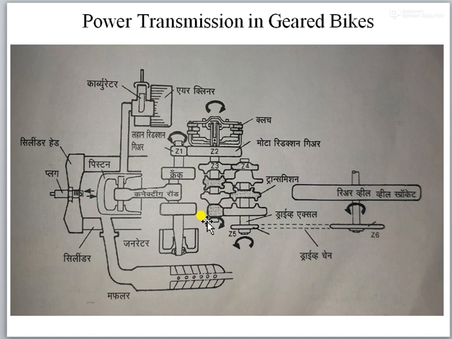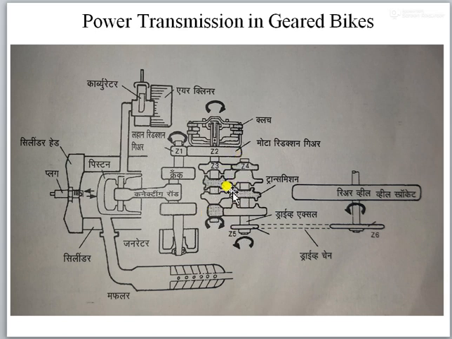Now pay attention to the parts, what we are calling each part. So this is your piston, connecting rod, gudgeon pin, this is a crankshaft, and on this side is the generator. Z2 by Z1 is nothing but the primary gear reduction. Z1 is called a small reduction gear and Z2 is called a big reduction gear. Okay, after that this Z5 to Z6 is our secondary gear reduction. Okay, this is your drive axle, this is your clutch shaft, the shaft going inside is called the clutch shaft, and this is your drive shaft. Okay, so there are only two shafts.